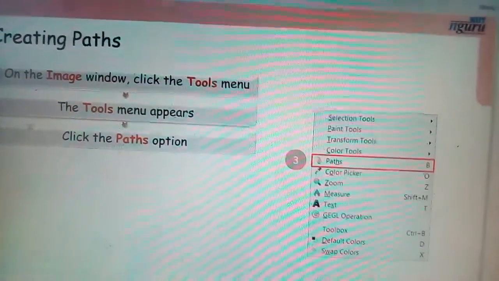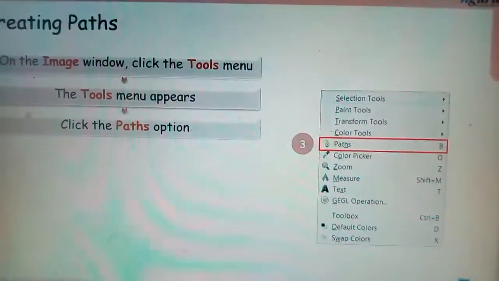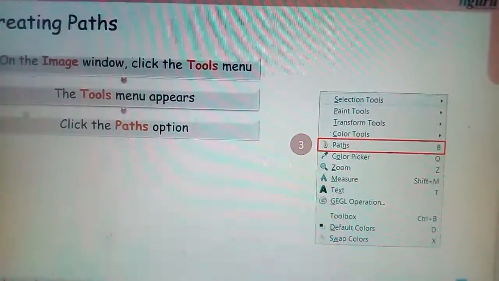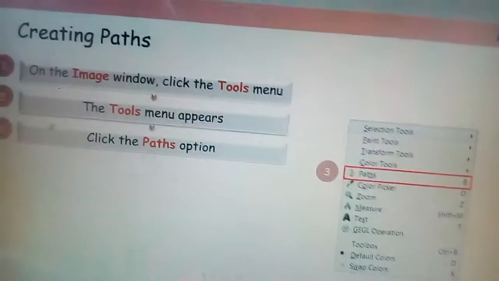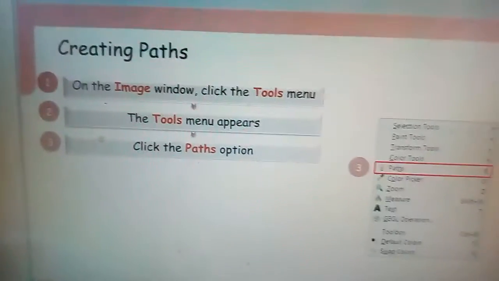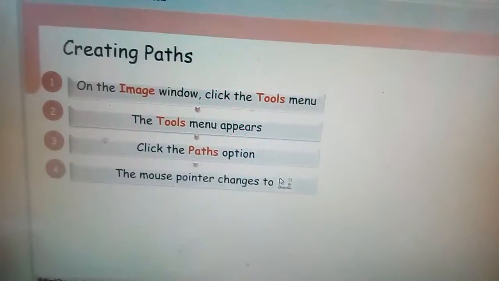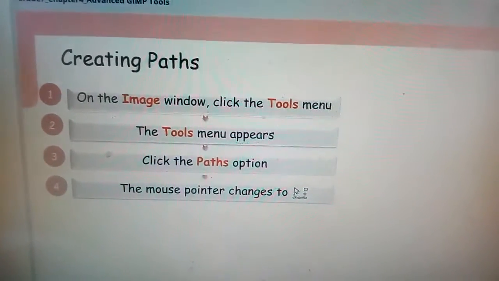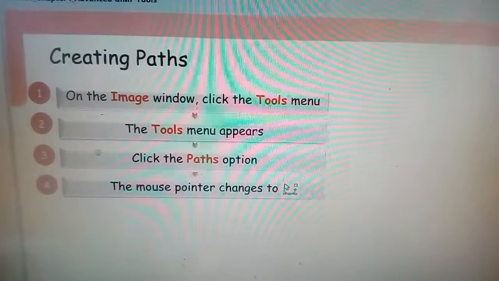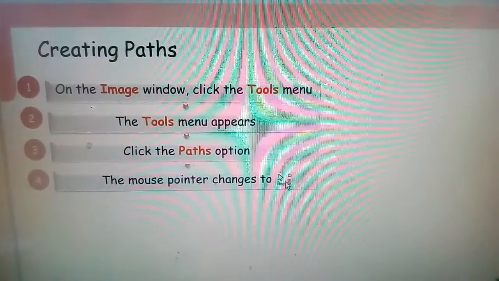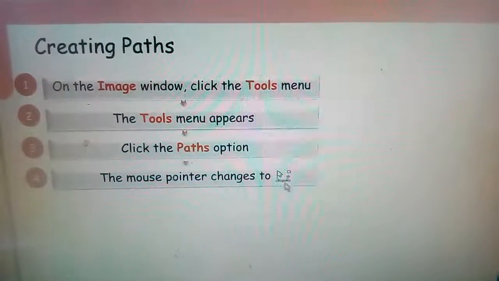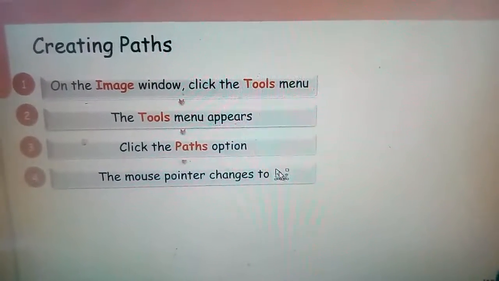Now you have to click on paths because you want to create the path. So click here on the path. Now the mouse pointer changes to this type of structure, a curve-type structure with an arrow.